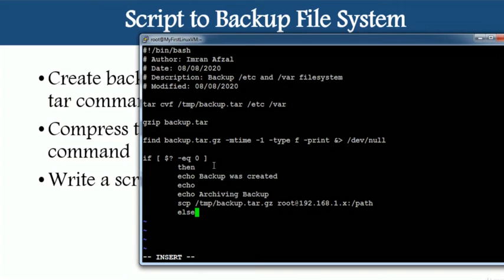And then do else, if it cannot find it. Now else is if the output is not equal to 1, then what do you want to do? Else echo backup failed. Simple as that. And then just do fi. So this is the script to actually back up the file system and actually transfer that file, the backup.tar file,